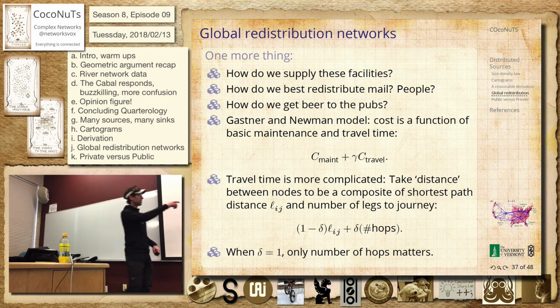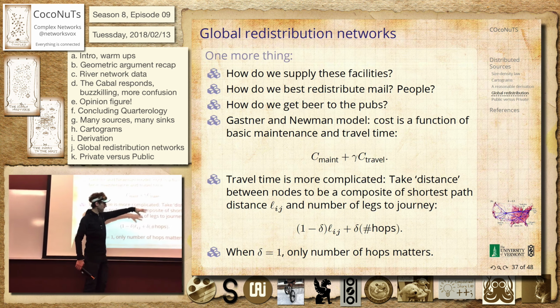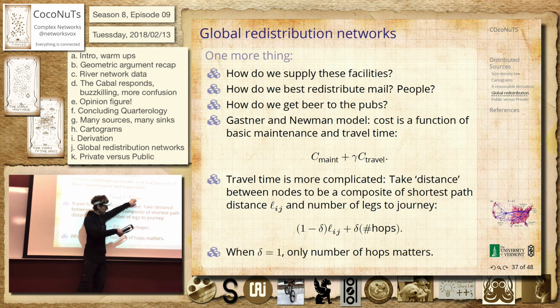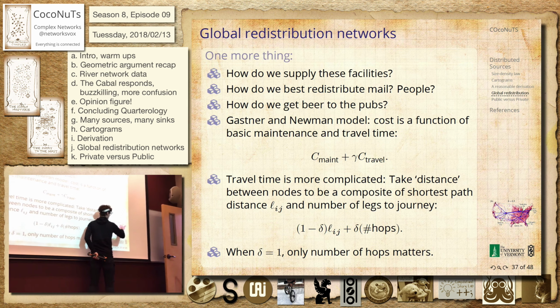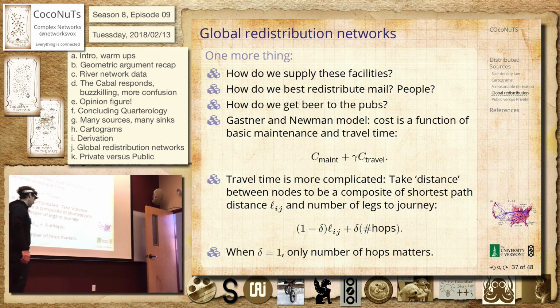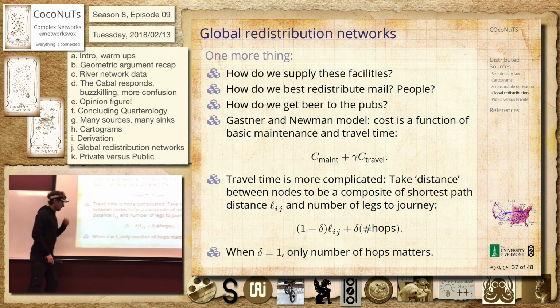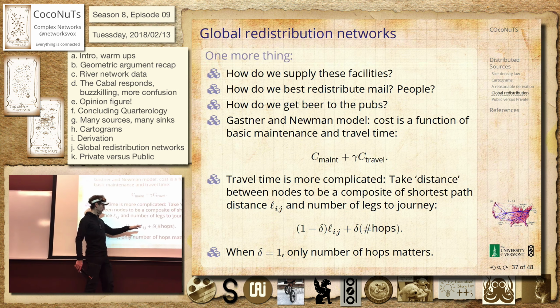And this is this little picture in the right-hand corner. So now we say, well, all right, now we need to move our things. So maybe they're people on planes. We have the cost of traveling along a line, like how much does it cost for you to travel along one of these things, and then how much does it cost for you to go through a hub, a connecting piece. And so the way this is done is in this paper by Gastner and Newman